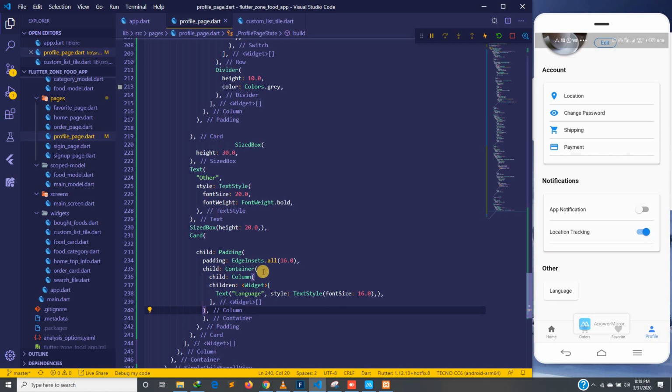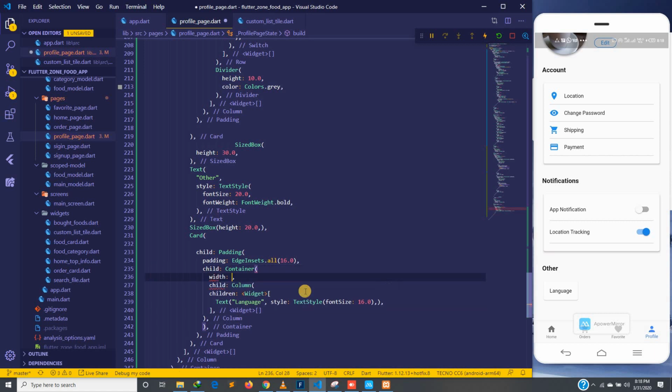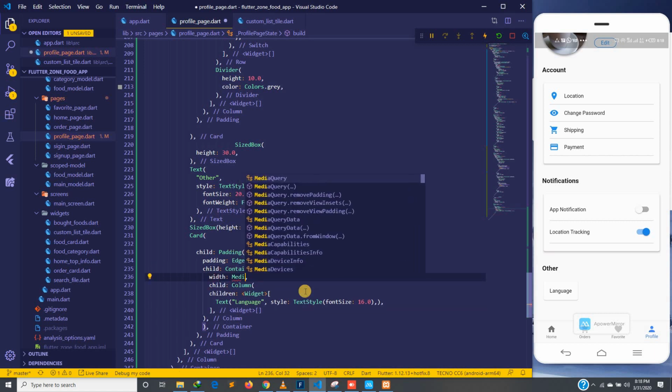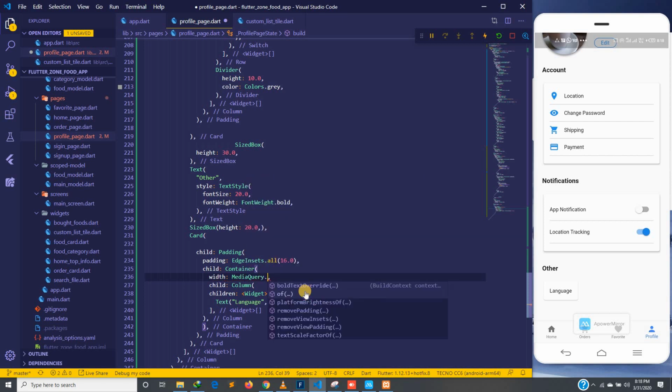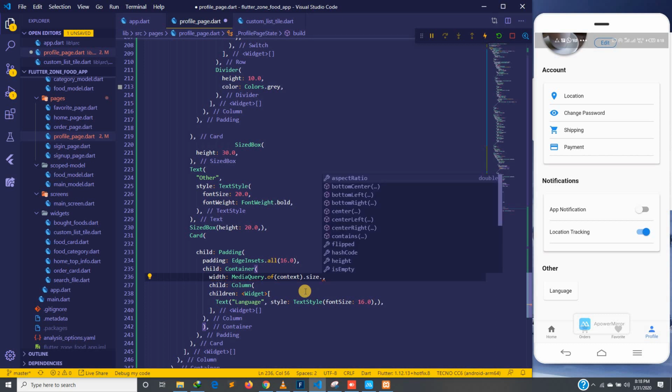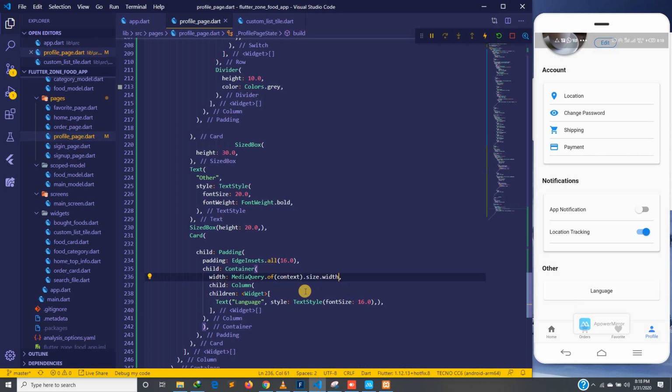We still get the same thing, but this time we can just specify the width here and give it MediaQuery.of(context).size.width, and then let's save and see. You see, we are now getting the full width of the, I mean the full